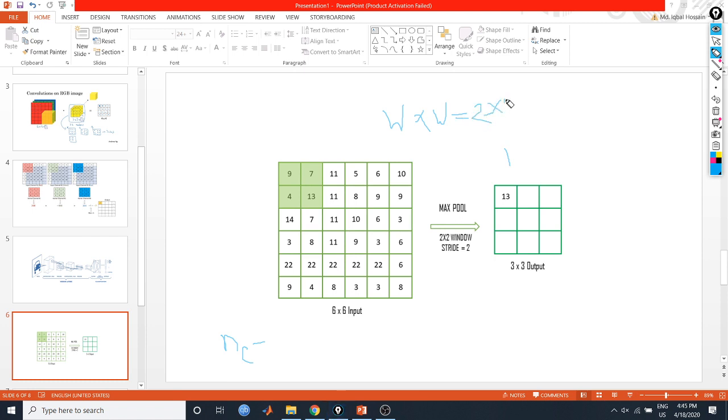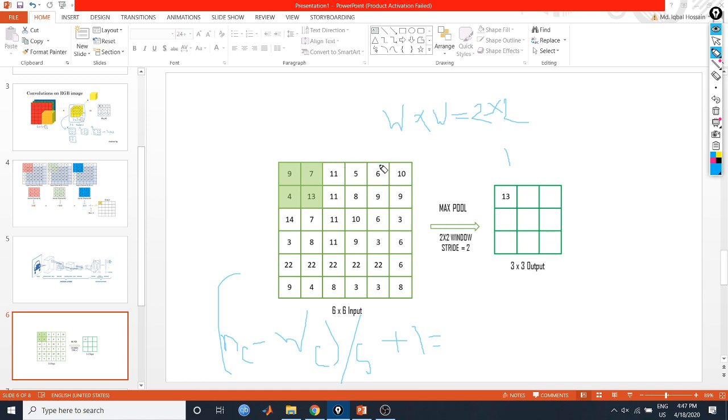So let's take w equal to 2, then divide the whole by the stride s, and plus 1 for the formula. Then I will be getting the dimension of my output array.